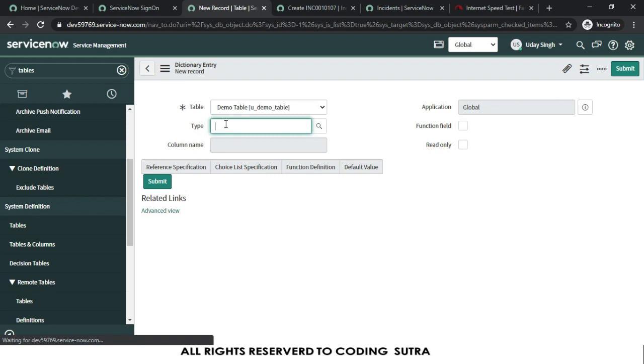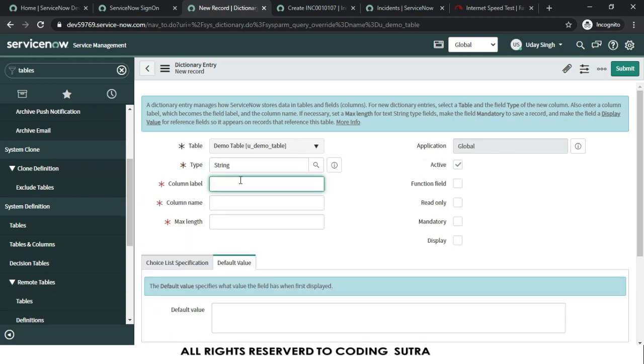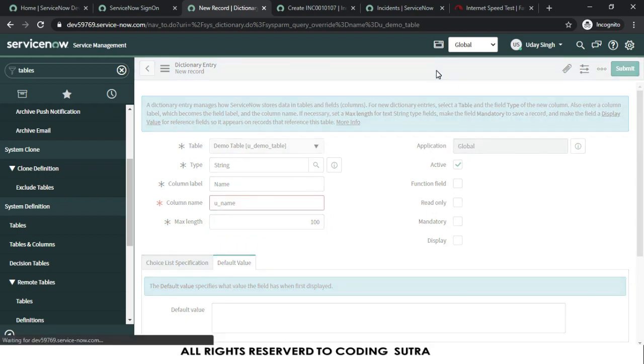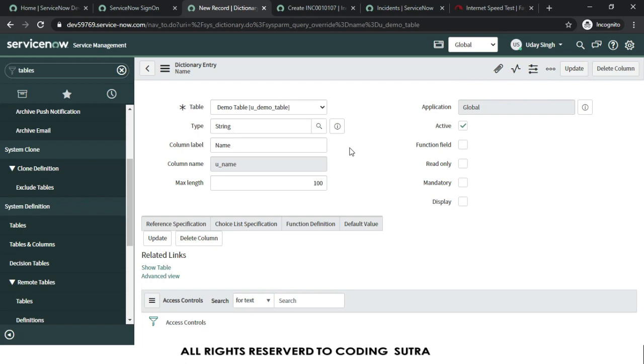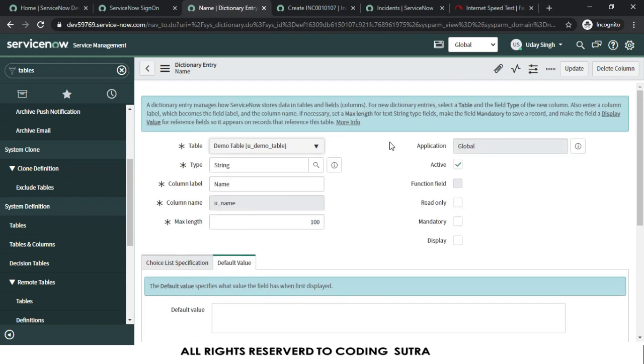Let's make a string type field and column label as name. u_name is the backend value of the name column. Let's save it. So we have created a column in the demo table.